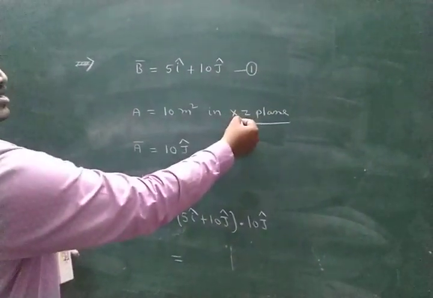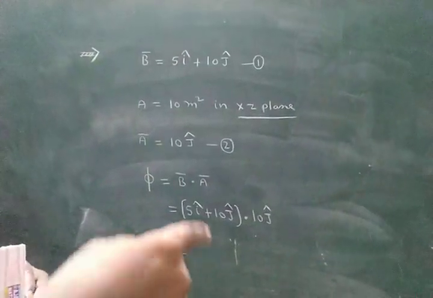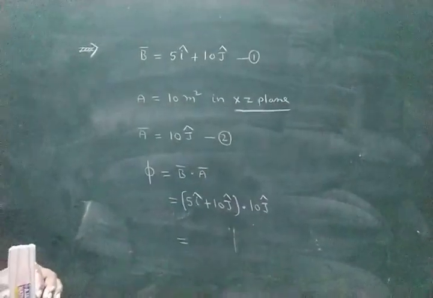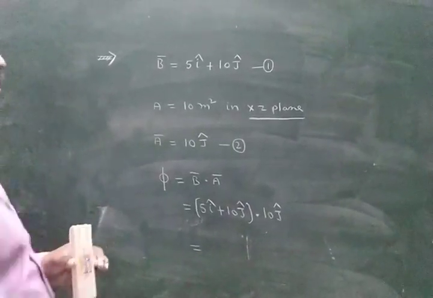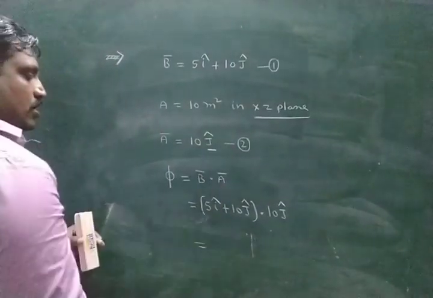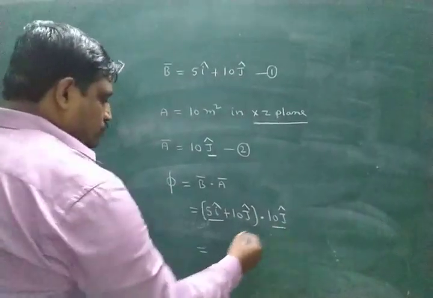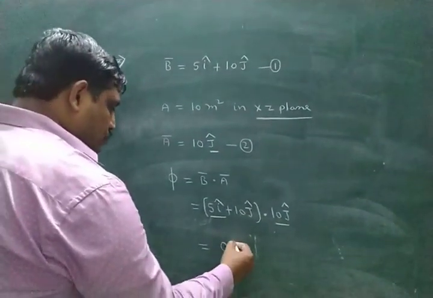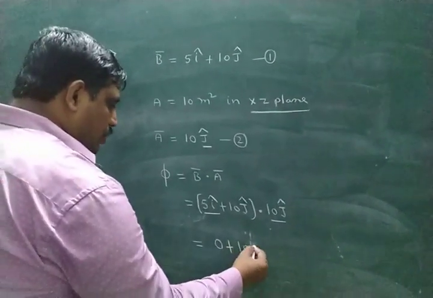Area in the xz plane means area is a vector perpendicular to the given surface. XZ perpendicular is y, that's why this is j. Look here. Here i dot j is 0 plus j dot j is 1, 10 into 10,